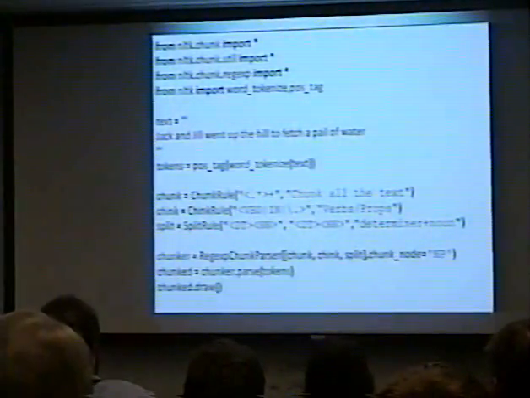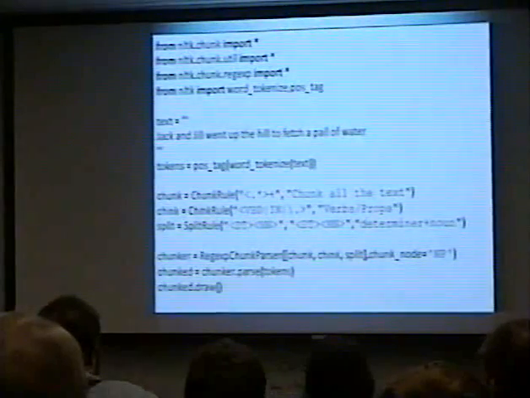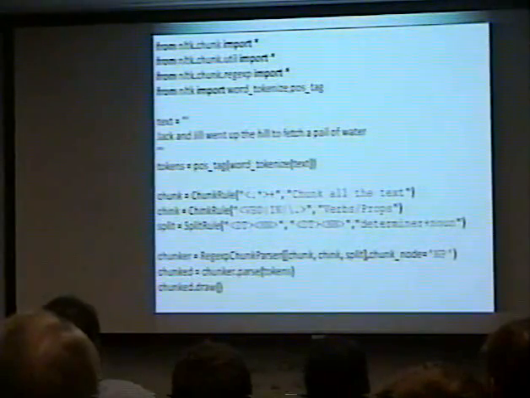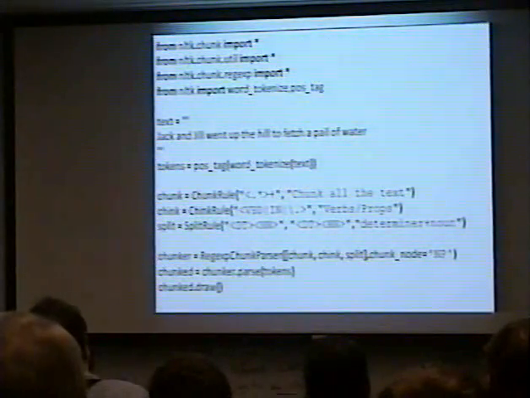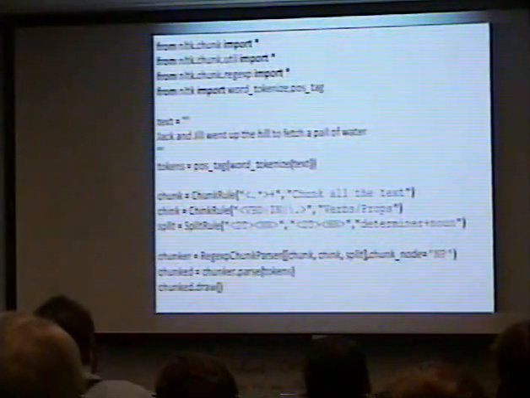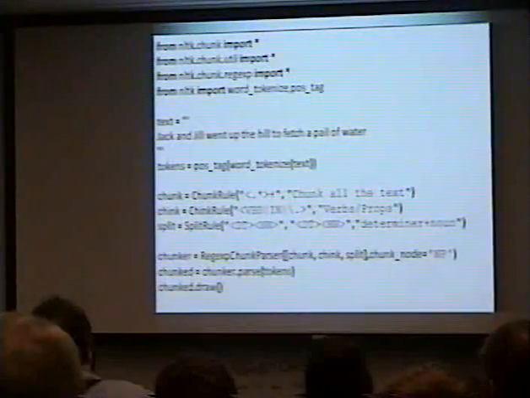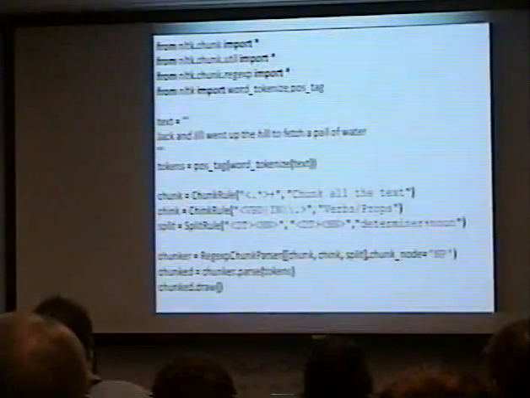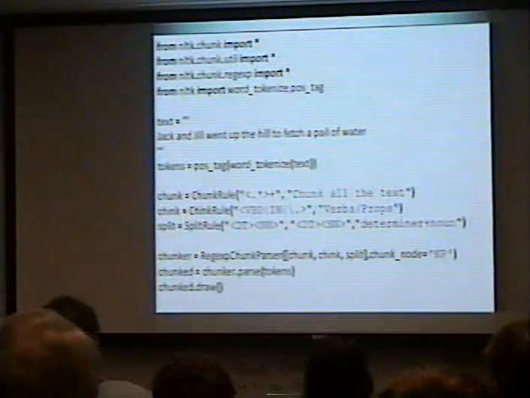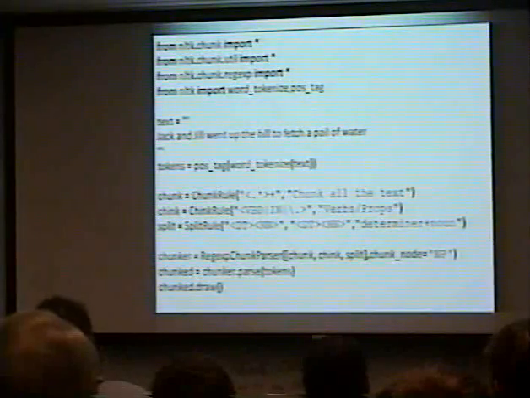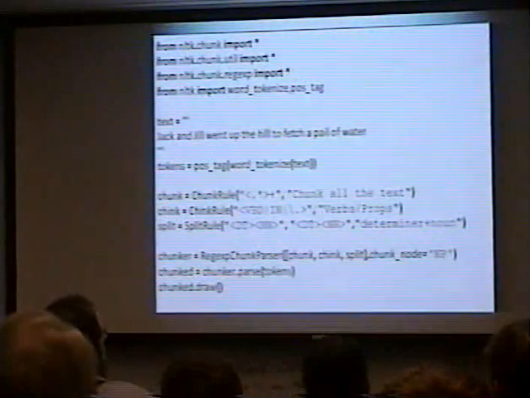So in here, in one go, we're just going to word tokenize that, and then the result of that, we're immediately going to give it part of speech tags and store that in a variable. And over here, there's a function called chunk rule. Now, chunk rule, there are rules on which you're going to break apart this text using regular expressions. And what you specify in the regular expressions are the actual part of speech tags themselves.